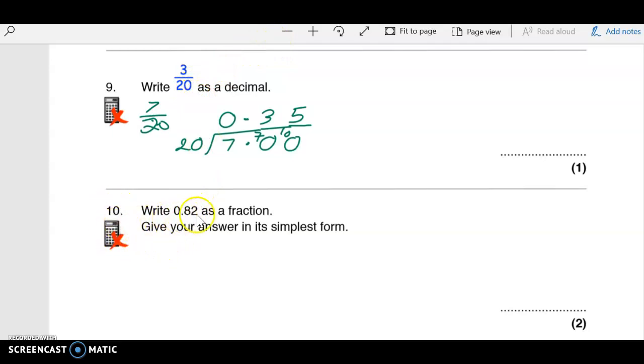Right, let's look at question 10. We're going the other way now. We're looking at 0.82 as a fraction. So the thing you need to remember is place value to help you to write this as a fraction. Okay, we know it's going to have 82 on the top over a number, and that's telling you by the